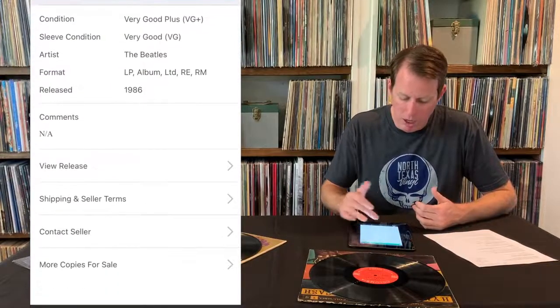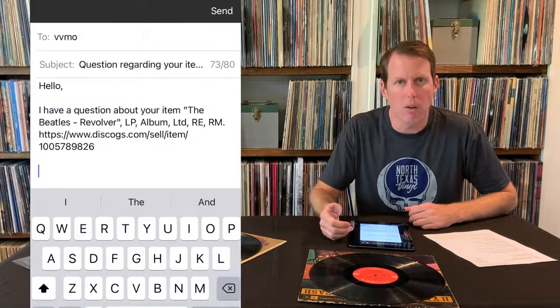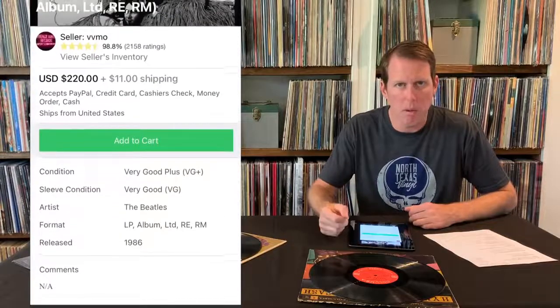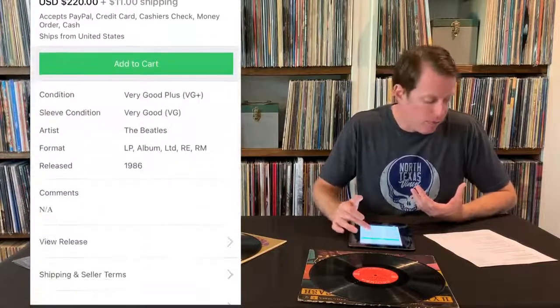That's a real thing. You can hit contact seller down here and it'll actually pop up, and this will send, and it'll reply and notify you via email, and it'll be in your Discogs inbox, your messaging. So if you like to haggle, you can certainly do that on Discogs. The other thing that's very important